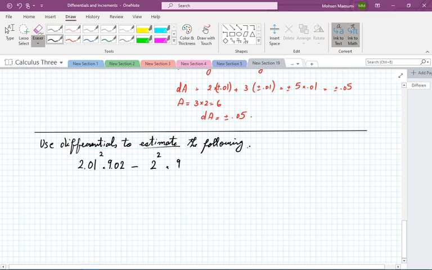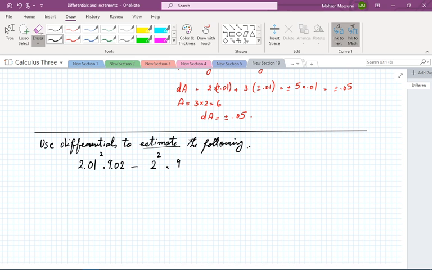The problem might sound a bit silly: I type this thing on a calculator and the calculator is going to spit out some number. Well, that's your number. Why do you want me to estimate anything? I already have this quantity. So this is a practice for how to use differentials in your experimental settings and calculate certain